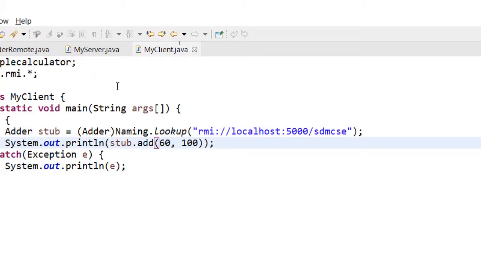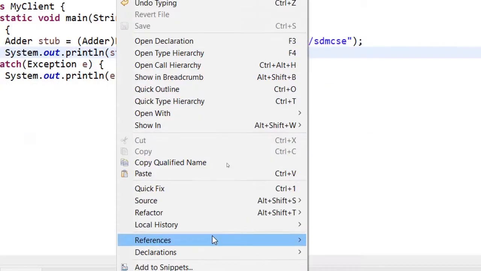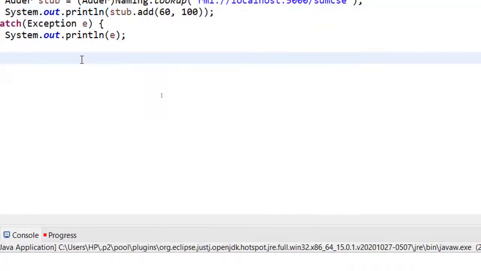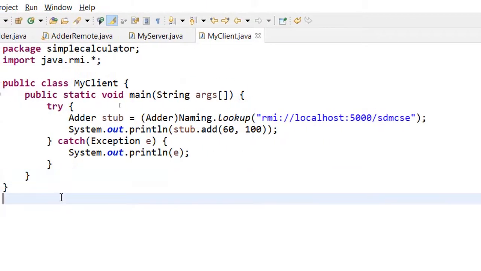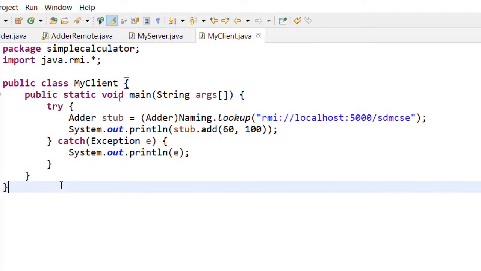Now if I try to run the client, just see what happens. Any guess what should happen now? I have now terminated the server. I want to now run the client. Is it possible to run the client successfully without exceptions? No, maybe an exception will occur. Right? So your guess is that it should throw an exception. Let us see what happens in this case.